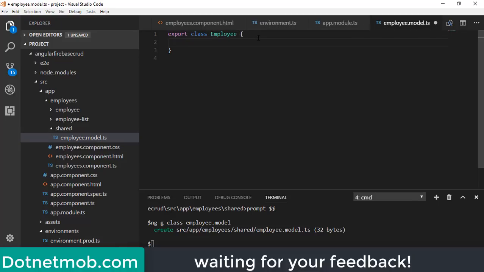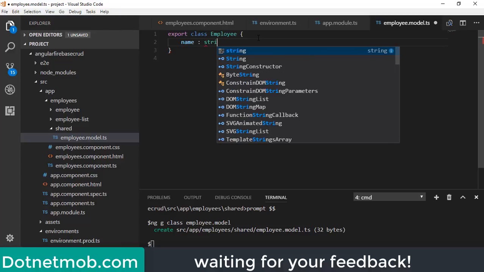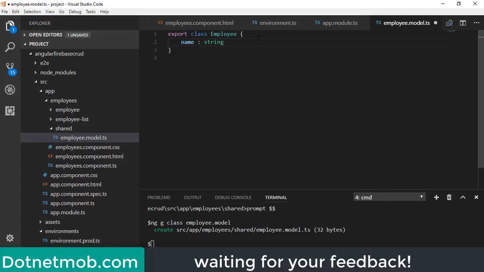Inside this class we will add properties for employee. First of all, I will add name for storing the full name of the employee. Then we have position, it's of the type string. Sorry, we have to use a semicolon here. Then we have office, it's of the type string.